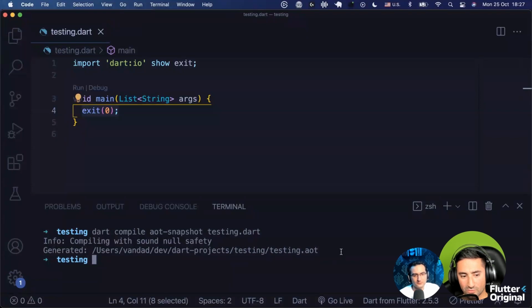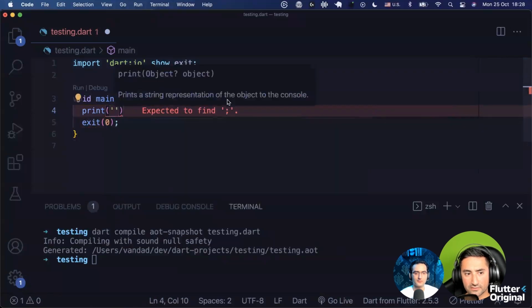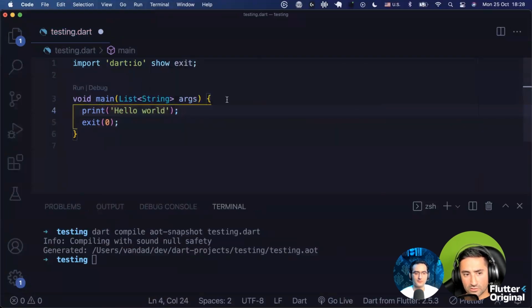Now, let's actually ask a question here. When we compile it to an AOT format, what does it mean? It's an intermediate object, like a binary file that the host platform doesn't know how to run. It's literally a set of instructions. For instance, if I say print here, print hello world,